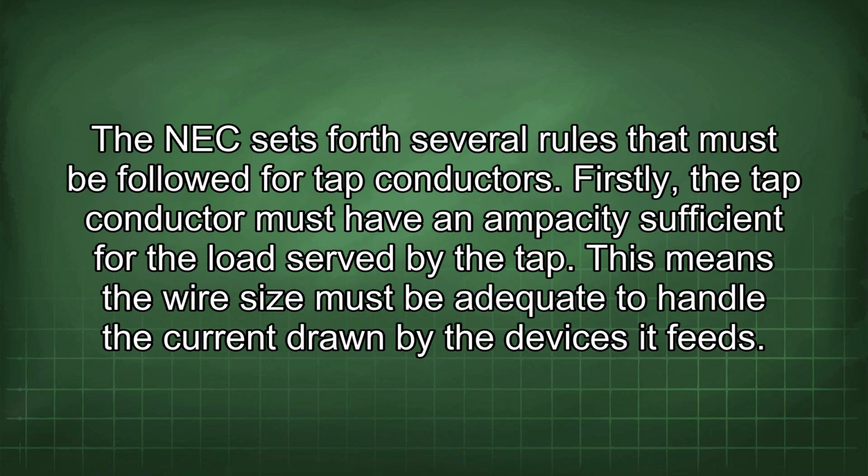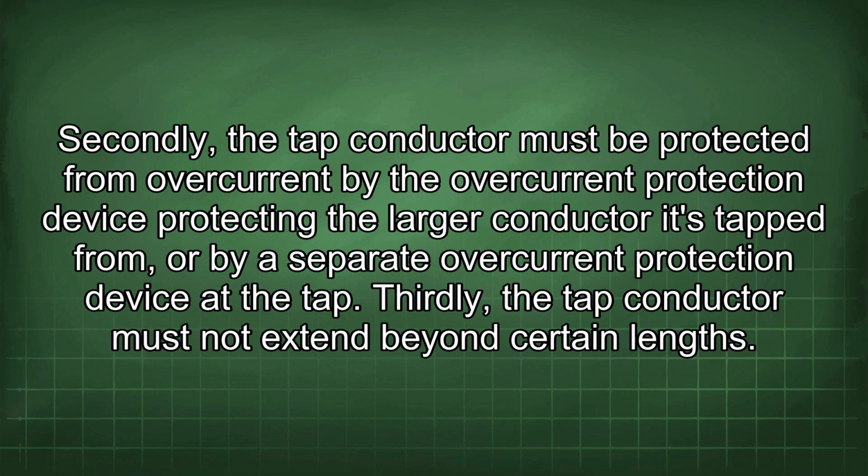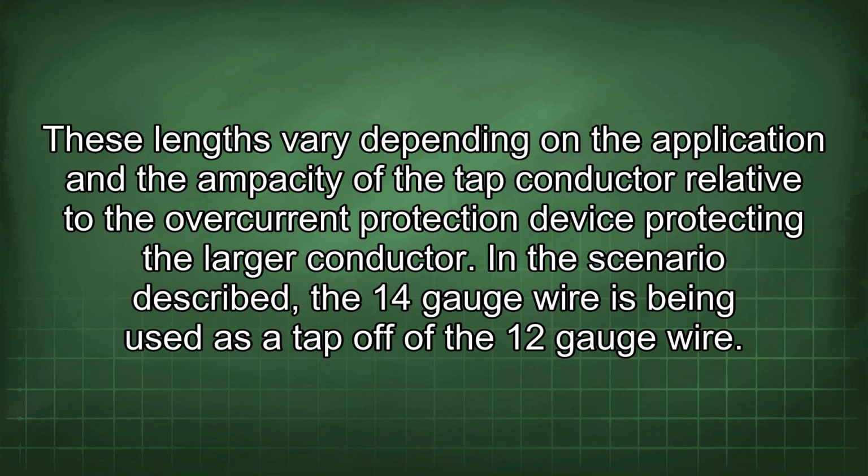The NEC sets forth several rules that must be followed for tap conductors. Firstly, the tap conductor must have an ampacity sufficient for the loads served by the tap. This means the wire size must be adequate to handle the current drawn by the devices it feeds. Secondly, the tap conductor must be protected from overcurrent by the overcurrent protection device protecting the larger conductor it's tapped from, or by a separate overcurrent protection device at the tap. Thirdly, the tap conductor must not extend beyond certain lengths. These lengths vary depending on the application and the ampacity of the tap conductor relative to the overcurrent protection device